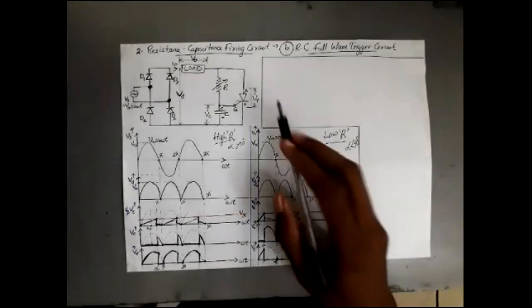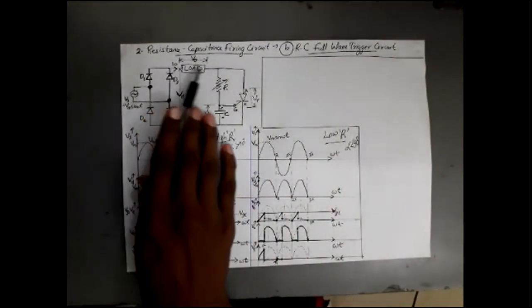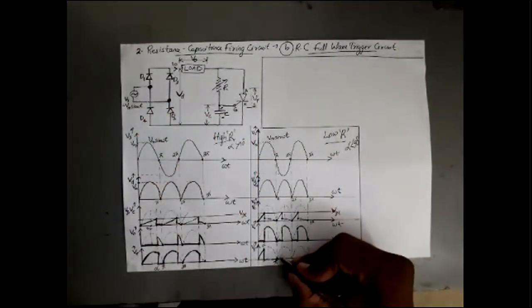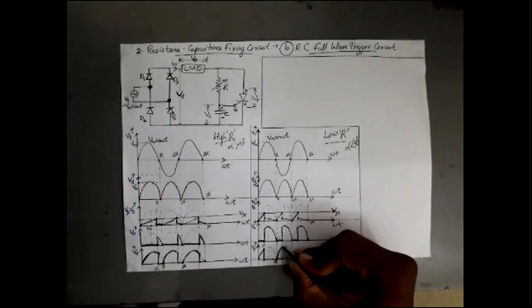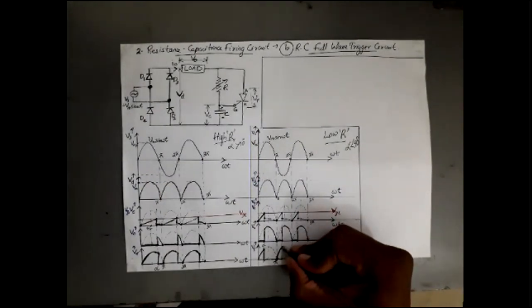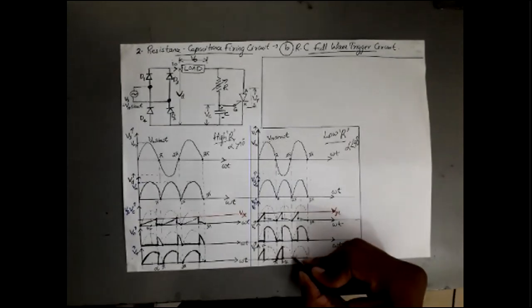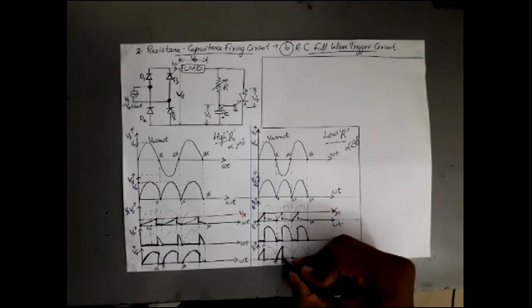So the entire applied voltage Vd will be appearing across my thyristor. It takes the path of Vd up to pi plus alpha. At pi plus alpha, what happens? My SCR got triggered again. So suddenly my SCR voltage drops to 0 because my SCR acts as a closed switch. From pi plus alpha to 2 pi, again my SCR is in the on state, or conducting state.